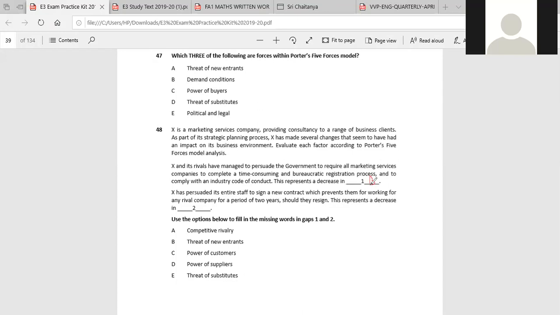And therefore, because it's time consuming, new businesses may not be interested to go through a procedure which is bureaucratic, lengthy, and where they have to comply with the industry code of conduct, all of them. So then they may not be interested to enter into that particular industry. When they do not enter into that industry,